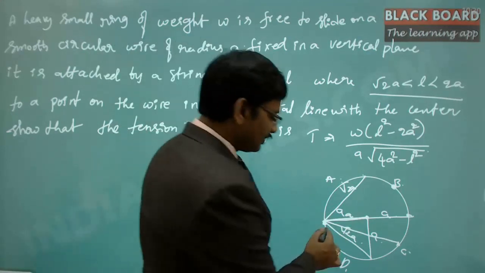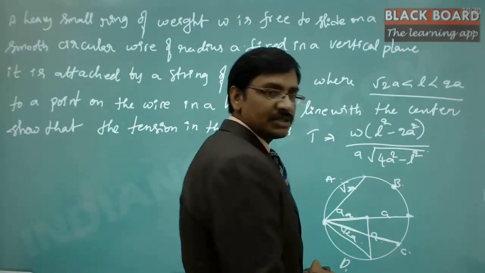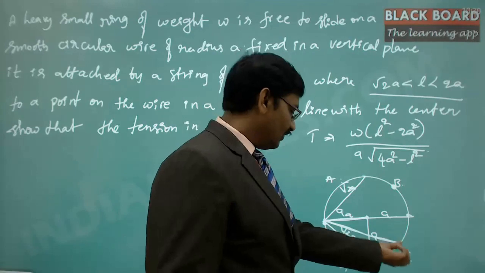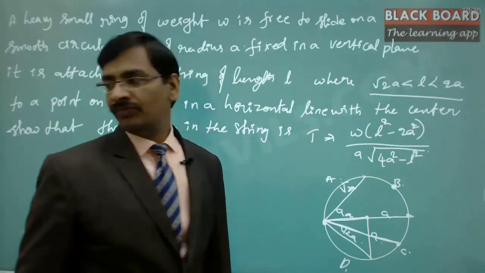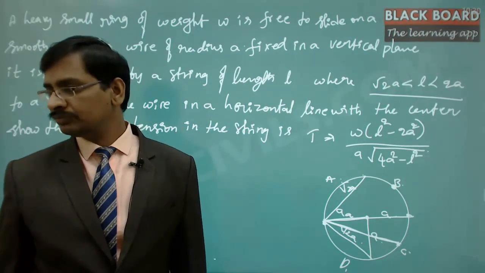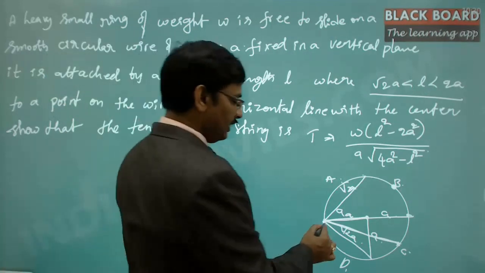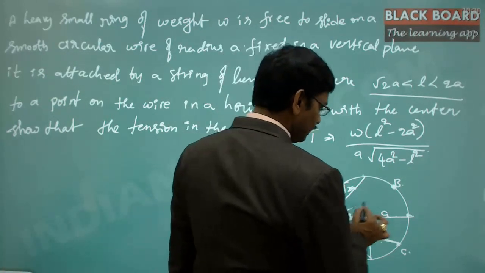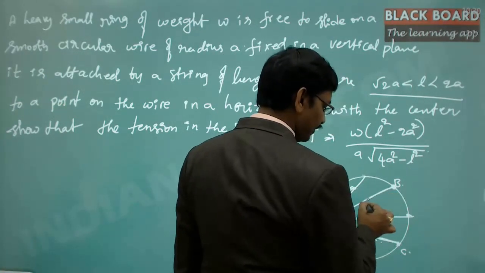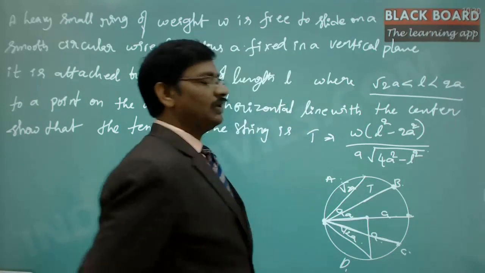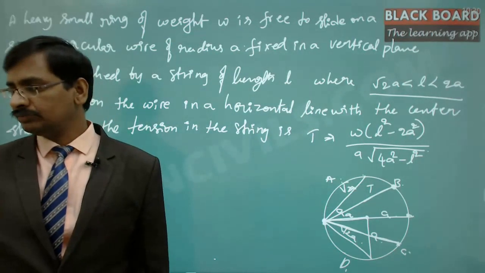If you try to keep the same thing on the other side, it won't stay here, no tension is going to be developed and it will come down, it will develop a slack. Got it? So, assuming that this is the fixed point and this is the ring location and this is the string, this is the tension. Now he asked us to find out the tension. Now you try it.